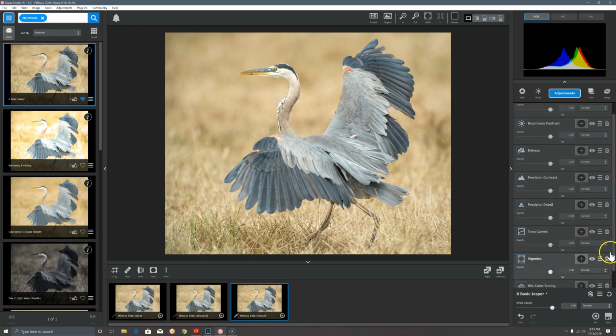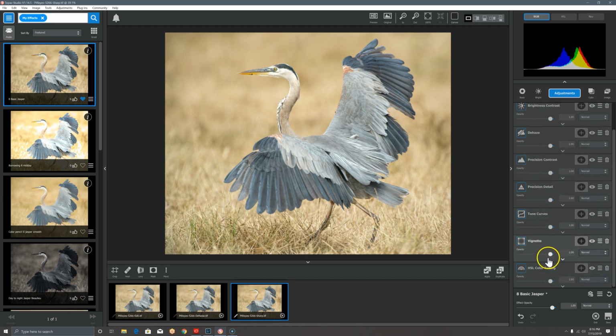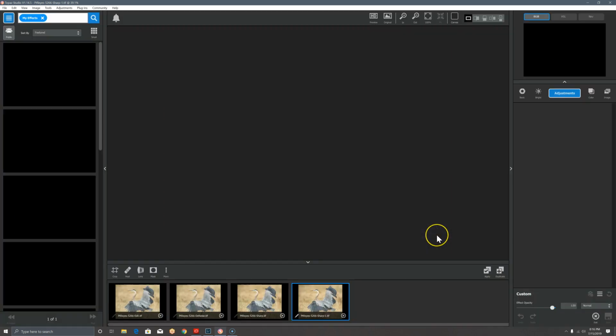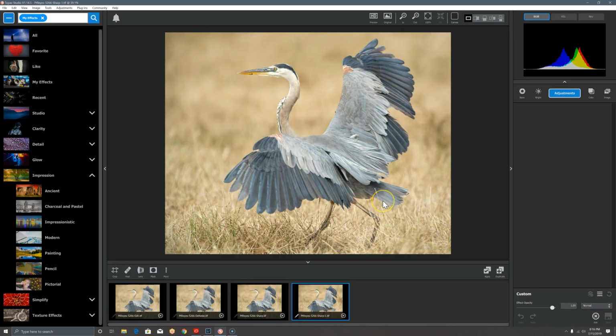If I want to, I can look at any of these and tweak them further. So in my basic 8, I have mild adjustments of all these to do my wildlife and landscapes, a little bit of tweaking, and then I can apply that. Now I have what I would consider a pretty acceptable result, but if I want to get more creative with